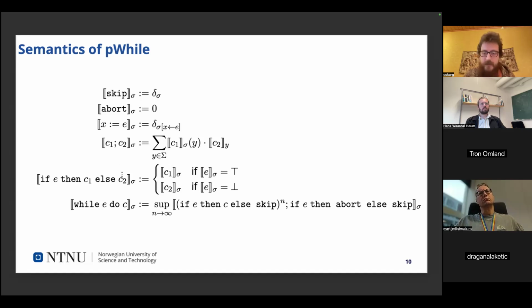For if statements, it's basically exactly the same as for deterministic programs, and while loops as well, which is the reason we use this supremum operator, because now it's not just this simple partial ordering where we have one bottom symbol and everything else is just above it. Now you have subdistributions where the ordering is defined as follows: if for every state the probability of getting that state on the right side is greater than on the left side, then the right distribution is greater than the left.